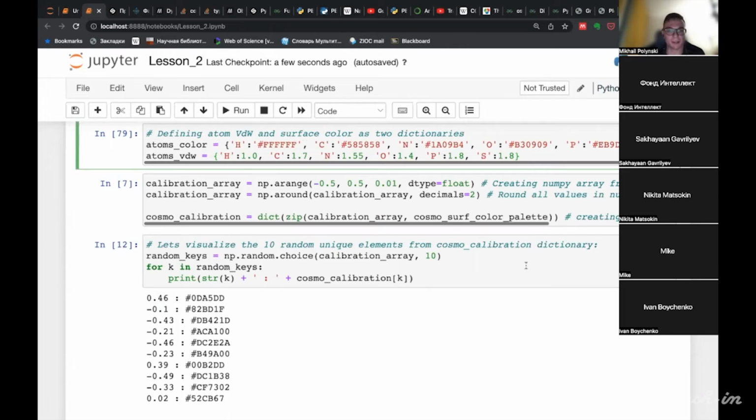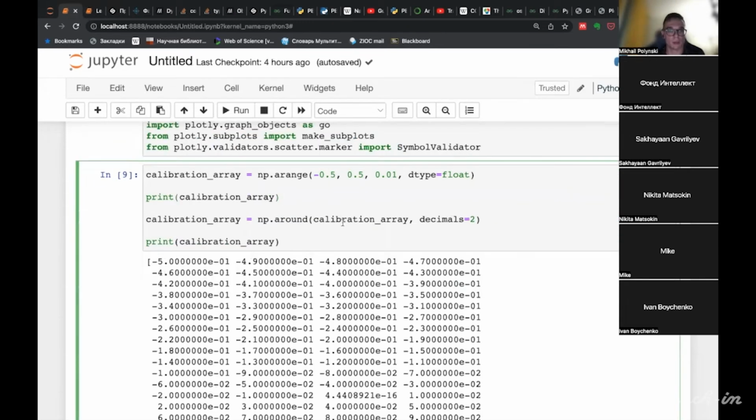So I just would like to have some feedback to get the level, and see if we are speaking the same language. So let's make some arrays. Here we use arange and